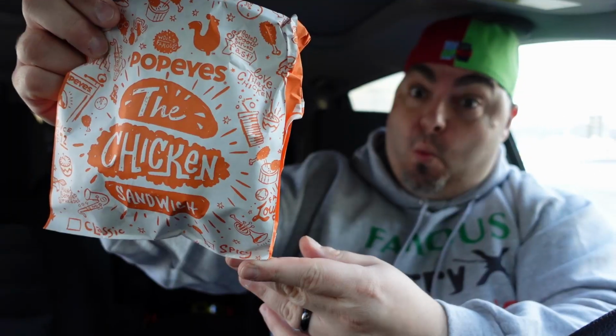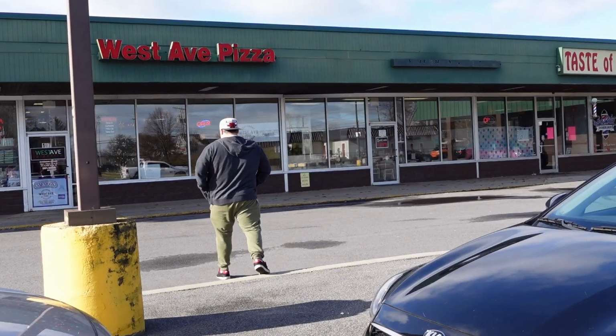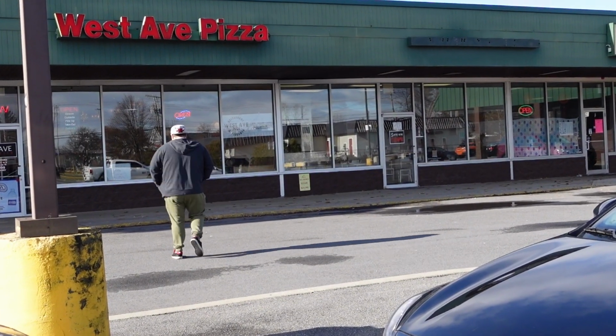So before you guys go on and think I'm a hater on this Popeyes chicken sandwich experience, what I'll say is that this is definitely close to the top. I need to do some calculations and whatnot to actually figure out exactly what the top of the line is. This is, at least right now, side by side with the Burger King chicken. And the cool thing about this Chicken Sandwich Wars series is that it's gonna keep rolling on. Now that it's getting colder, it's getting harder and harder to eat in the car, but we'll figure out ways